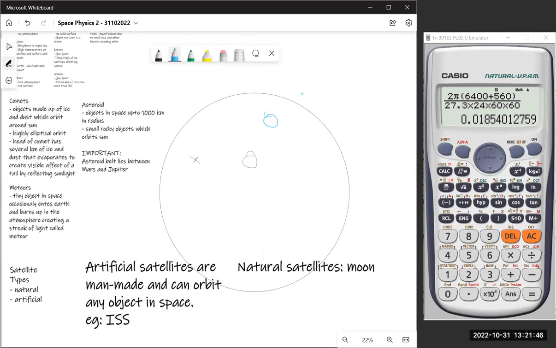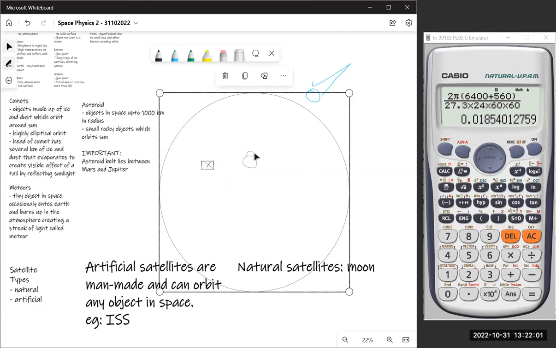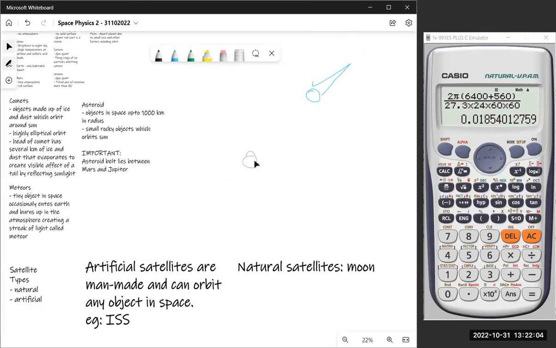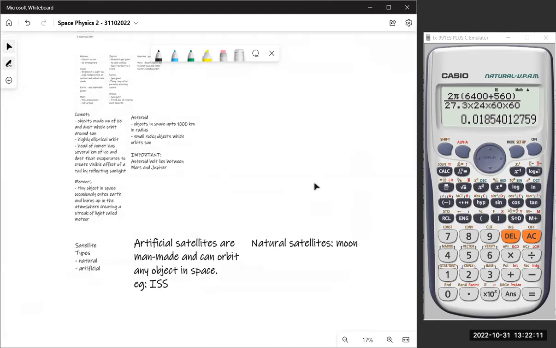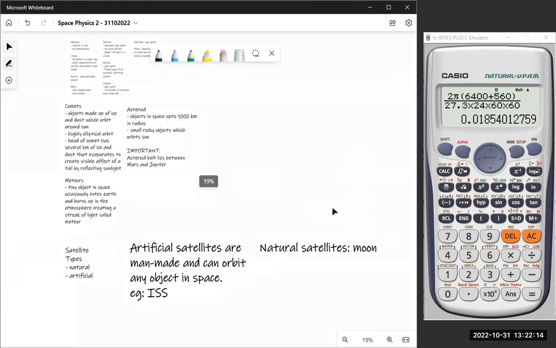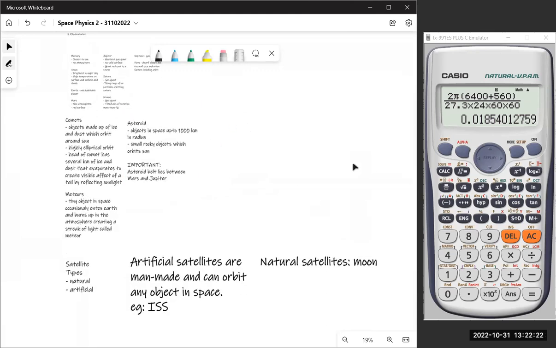Comets have these tails, and they come here very fast, and they go around very fast. So they move like this. This is a comet, but this is basically an asteroid moving slowly. Comet is ice and dust, and asteroid is rock. I think we've written everything about comets and asteroids, nothing else remaining. We have done small planets and large planets, right?